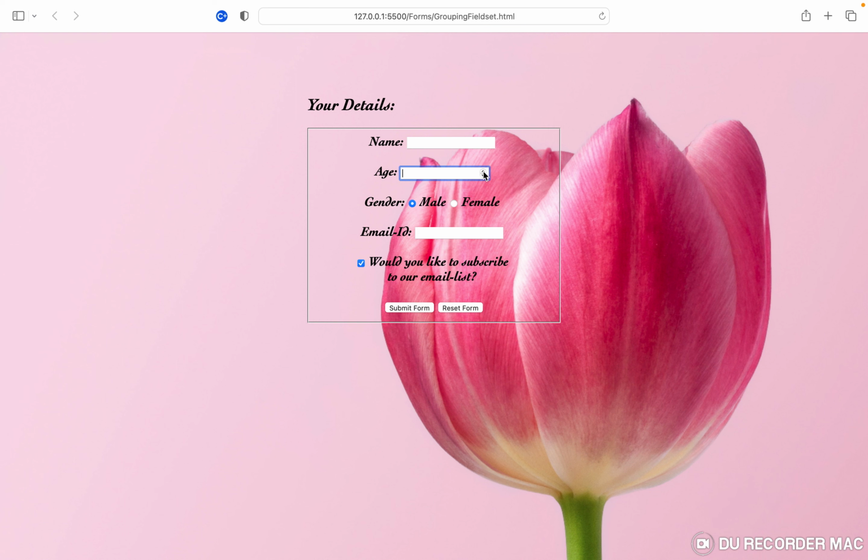The age has number, as is the case with most ages where you have to type numbers into the boxes rather than write in words. That wouldn't be necessary. If you say age, then this tiny increment-decrement box appears on the side, allowing you to increase or decrease the number based on your age. Then here also we have used input ID and radio buttons to sort of